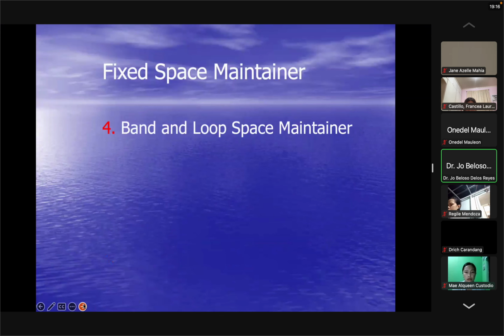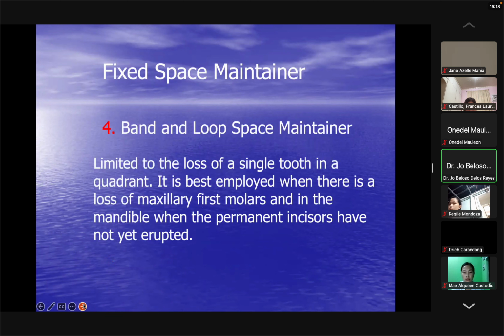Next is band and loop space maintainer. Limited to the loss of a single tooth in a quadrant. It is best employed when there is loss of maxillary first molar and in the mandible when the permanent incisors have not yet erupted. Kasi pag hindi pa nag-erupt ang lower permanent anteriors, hindi ka pwedeng gumamit ng lingual holding arch. Kasi if you go back,